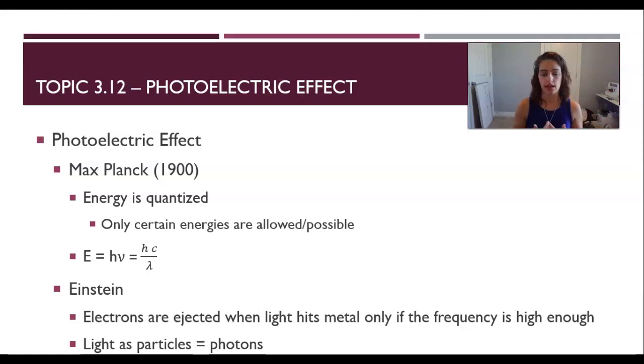And so Planck said that only certain energies were allowed or possible. That's what it means by quantized. So it's not a fluid range. It's going from this point to this point, and the in-between is not allowed. And the equation that we're going to look at here is E, which is energy, is equal to h, which